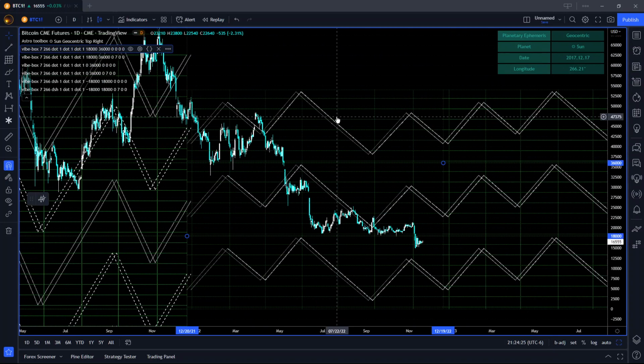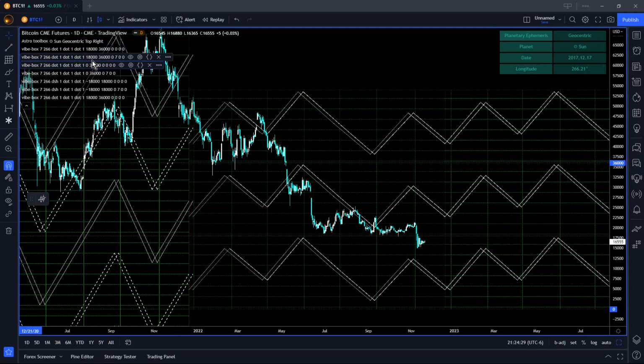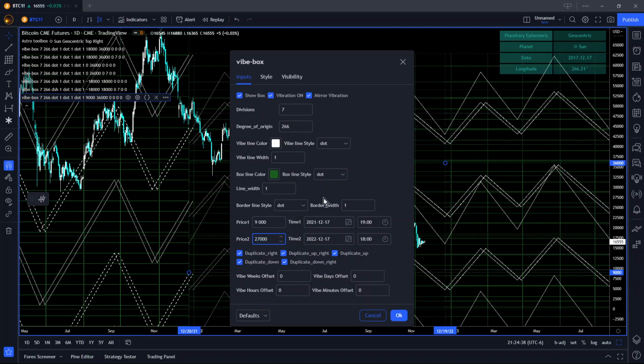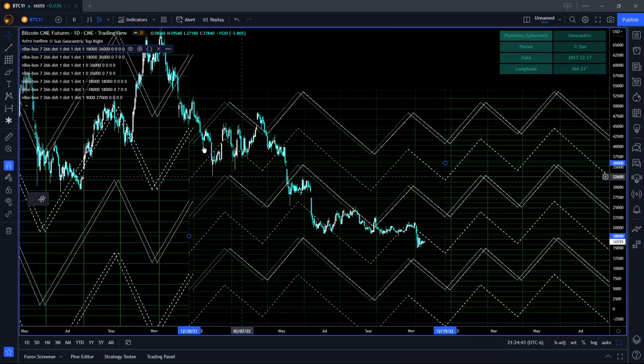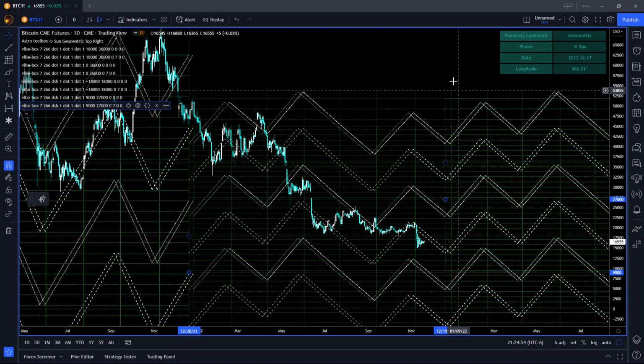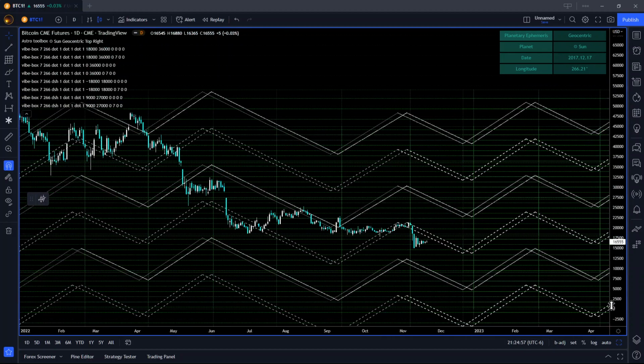And we could set this one up too. So just copy and paste one of them. Set it to 9,000. 27,000. Make it dashed. There we go. There's that midpoint. And I'll cut and paste it and set it offset again, just so we get that little channel. It makes a difference. Sometimes you get double bottoms off of those channels. You might get a W or an M kind of shaping that kind of works perfectly with the